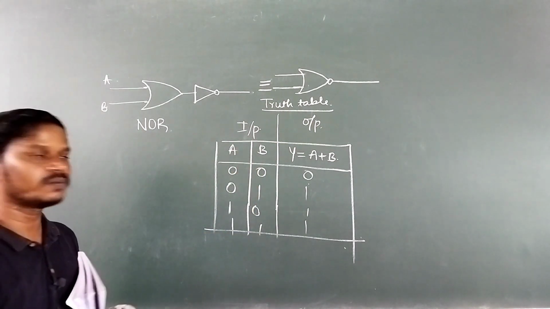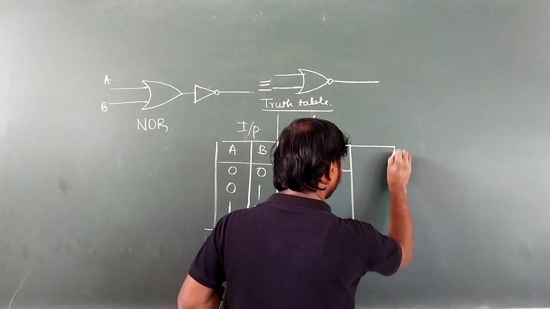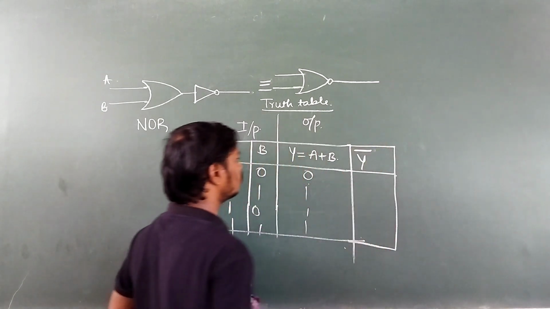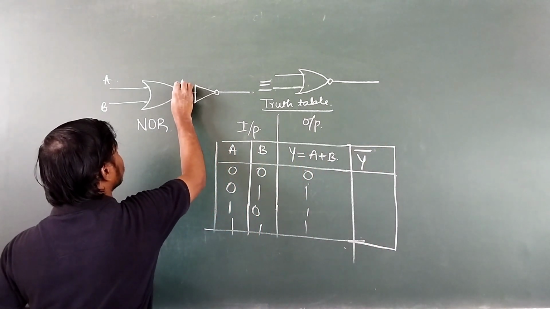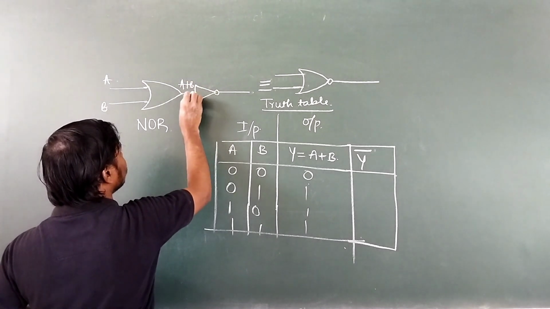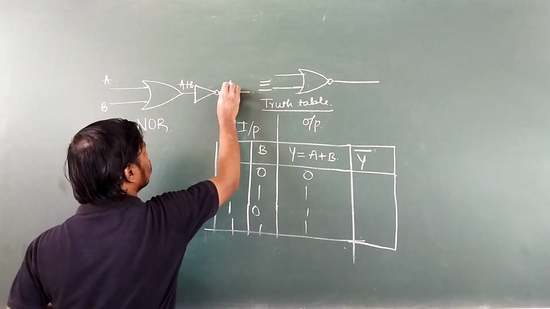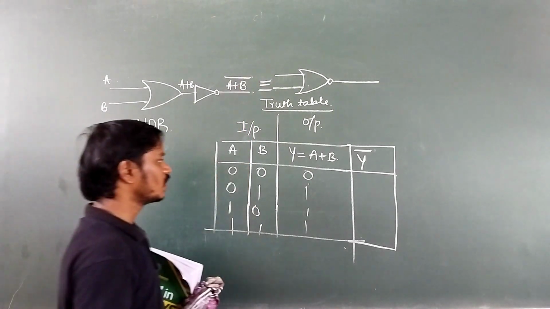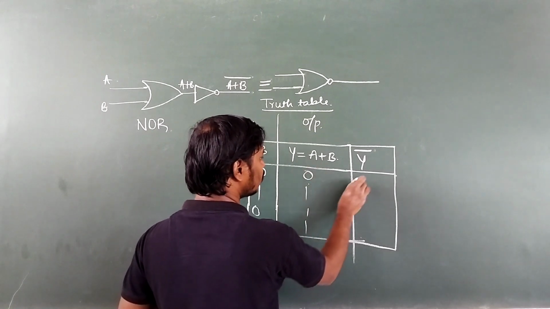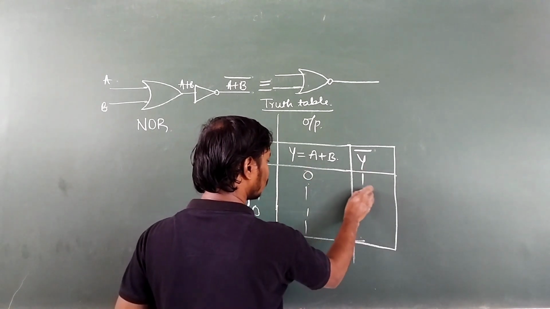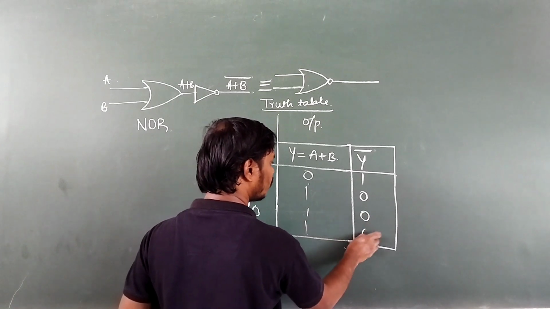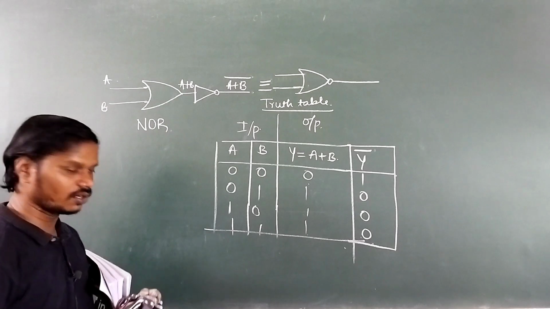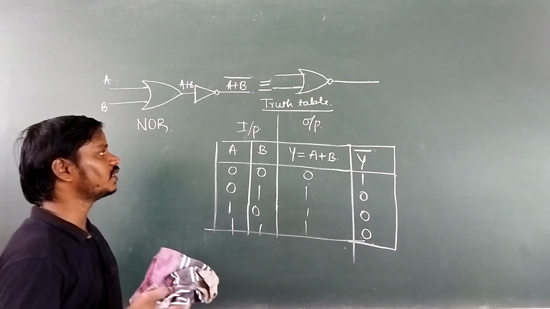Then what is the truth table for NOR gate? Here this is A or B, and A or B is the input for the NOT gate, so the output is (A or B) bar. The complement of 0 is 1, complement of 1 is 0, complement of 1 is 0, again complement of 1 is 0. Hence it is the truth table for which gate? NOR gate.